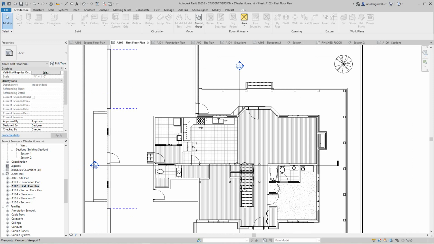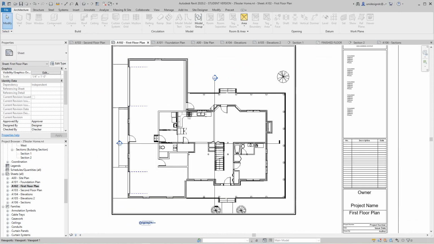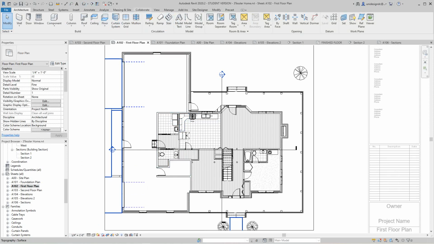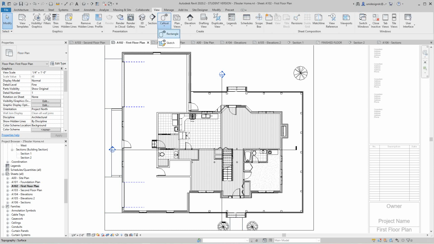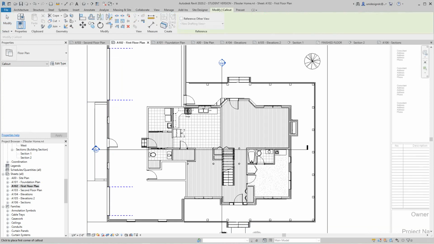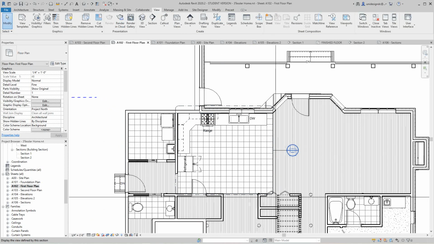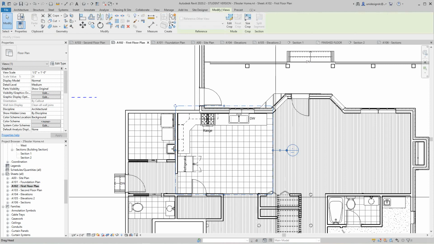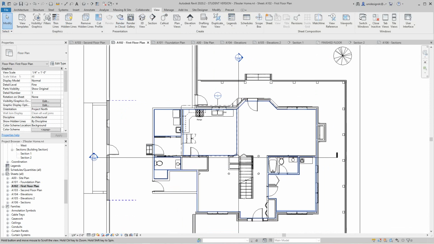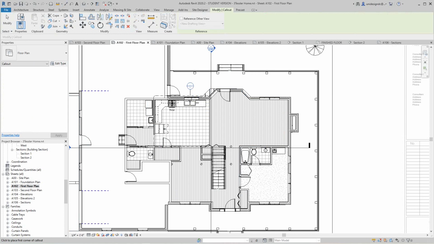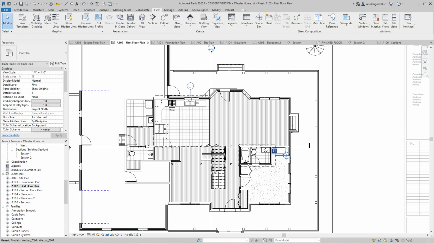So to do a call out, I'm going to activate this view and we'll go to view, call out. And we'll do a rectangular and we'll just take the whole kitchen here. We'll just call the whole entire kitchen out. And then we'll adjust this bubble and pull it outside so that it's out of the way of anything. So that'll be one of our call outs. And then we'll do another one. These are particularly the wet areas of the house because they have to be detailed and we have to do plumbing and everything there. So I'm going to pull this one here